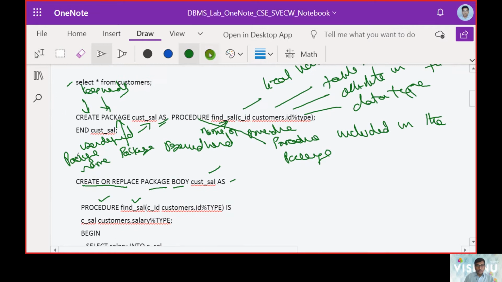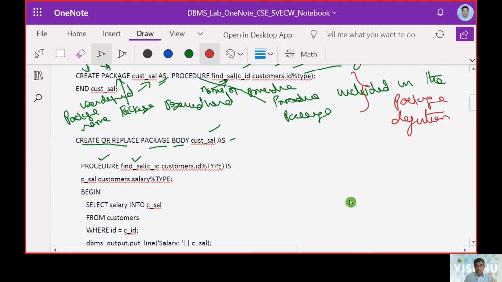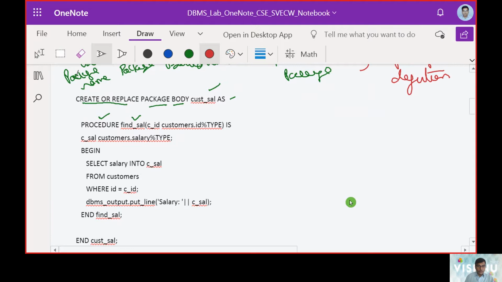So this entire part we can call the package definition.